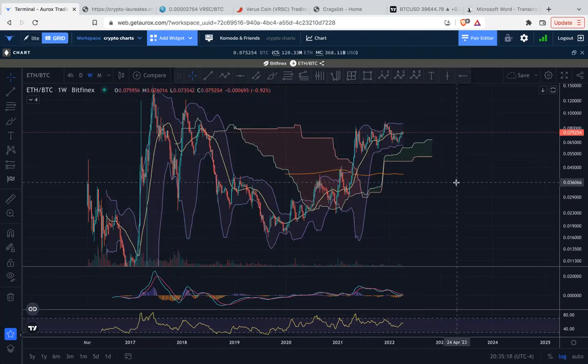Now, what else? Yeah, the 200-week moving average is all the way at 0.04. That would be a big bearishness for it to come down there. But you're at these previous resistance and support levels, so that also works. It's interesting, but I don't know.